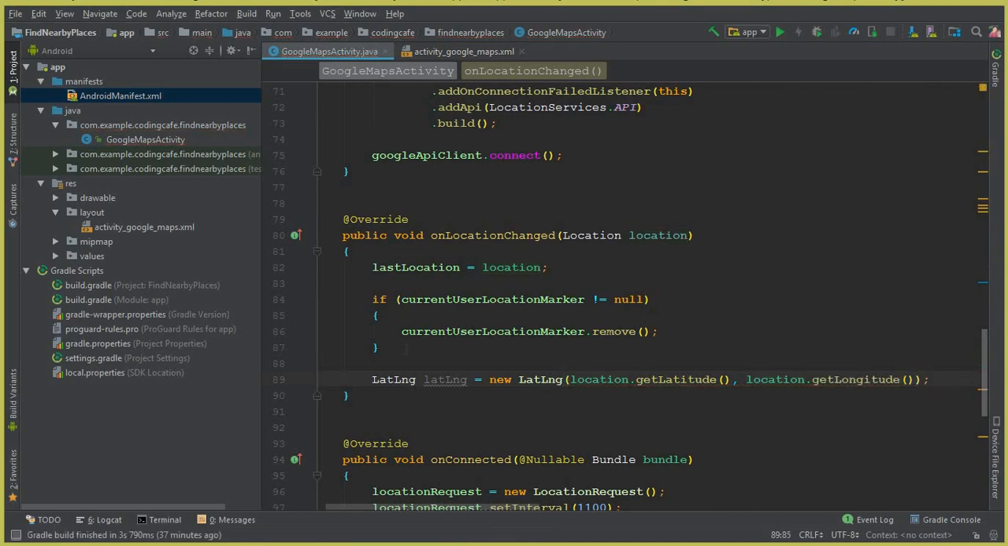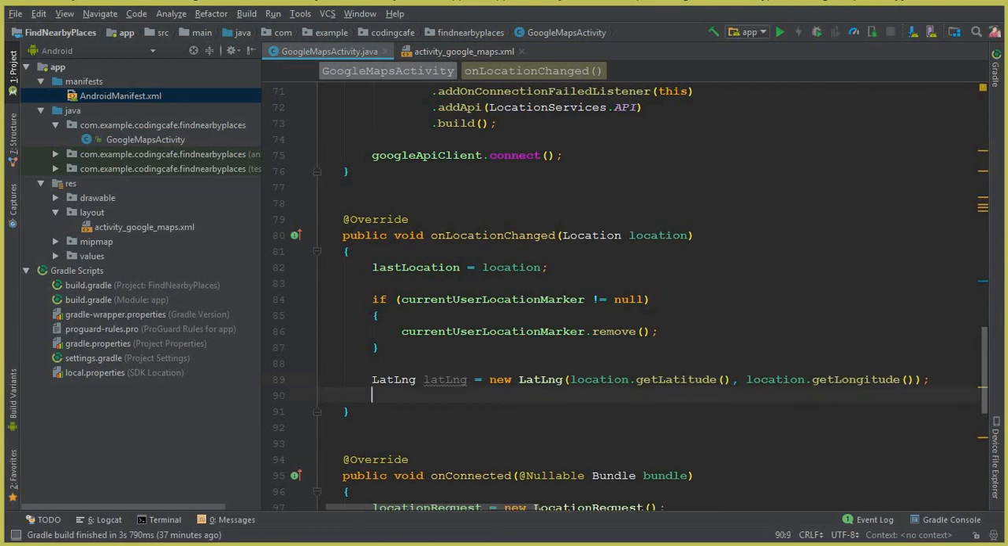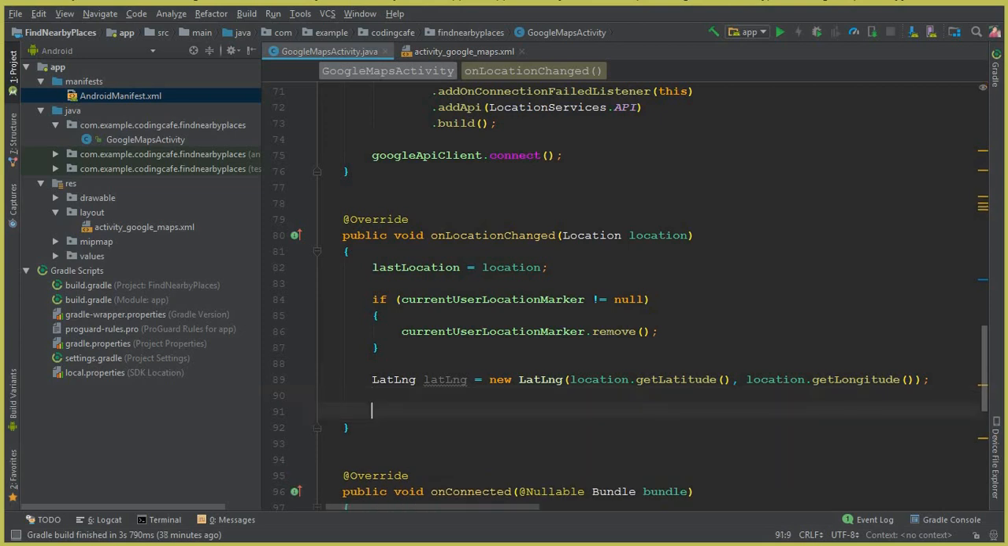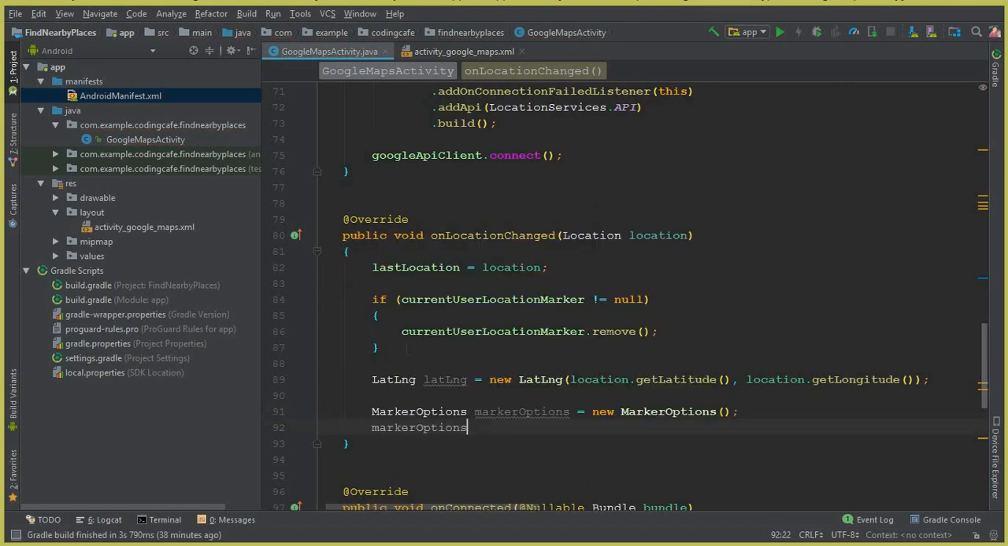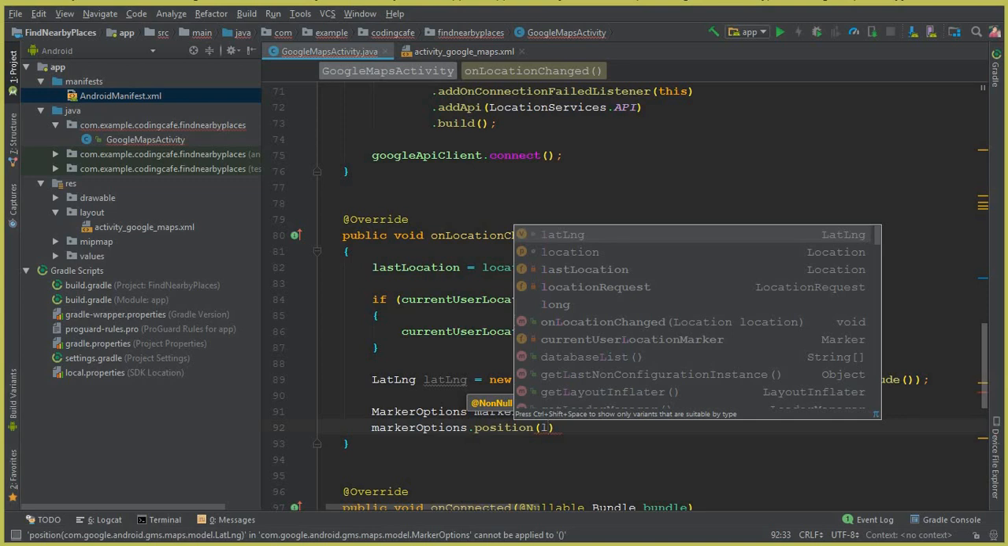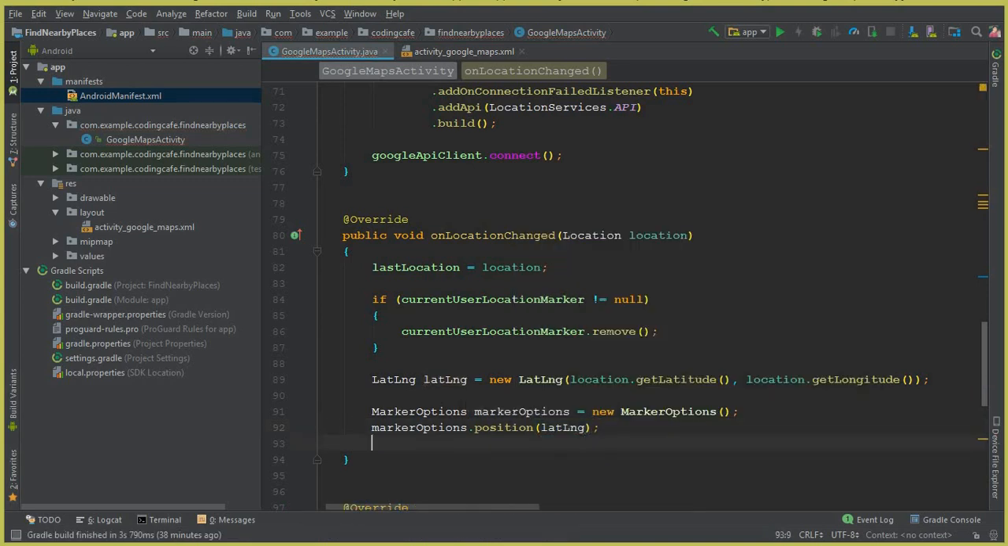So we need to display the marker on that new, or you can say the current position of a user, for which we will be needing a title to display the location name. So here we can say MarkerOptions, and let's call this as markerOptions equals to new MarkerOptions, put a semicolon, markerOptions.position(latLng), put a semicolon, and now we need to set a title for the current location of a user. So we can say markerOptions.title, and we can call it as user current location,